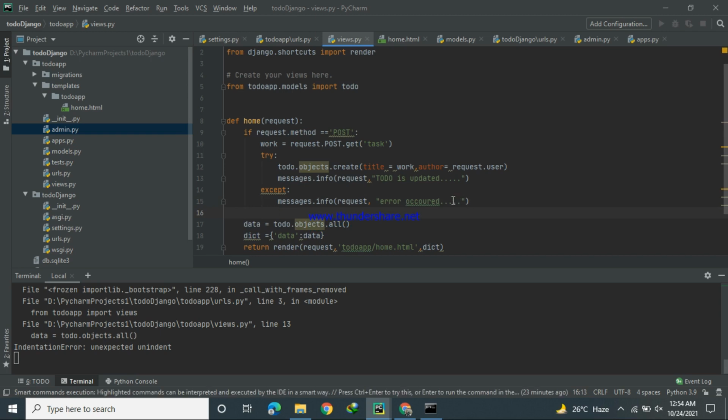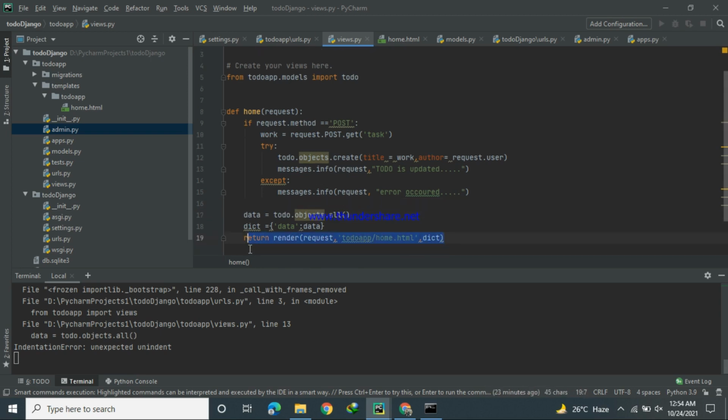and this return render, again we have to put it there. And the dictionary also we have to put it.